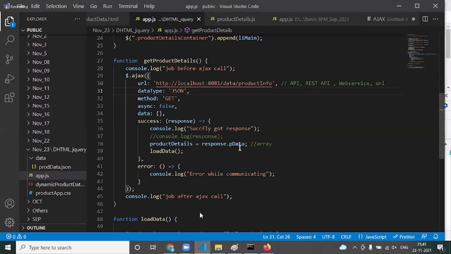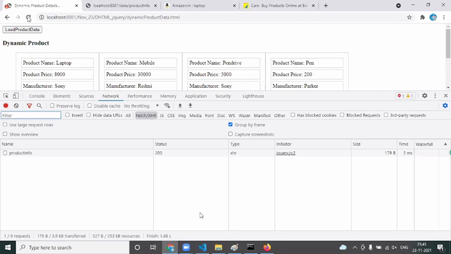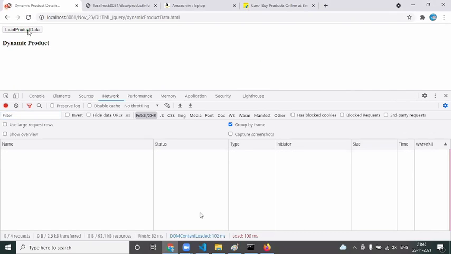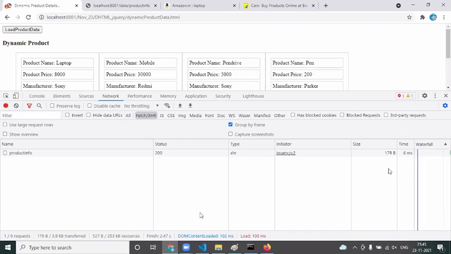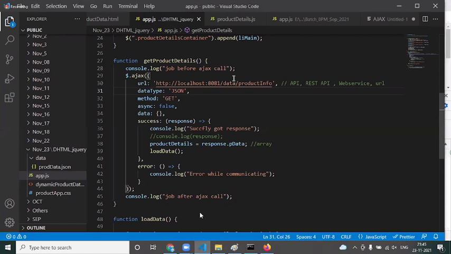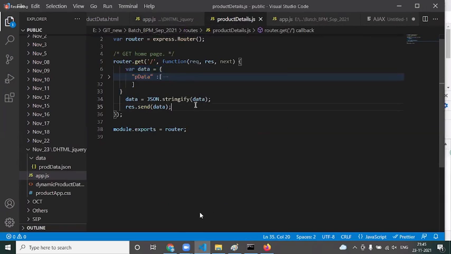First of all, right now, any number of times you hit our web service, it is simply responding in 5 or 6 milliseconds, just microseconds of time. But I want to provide a delay here. I want to make a delay here. So how do I delay here? Forcefully, I will add a setTimeout method. In general, no one will forcefully delay the response, because everyone wants to throw the response faster. But I just want to simulate what happens if it is delayed. That is the reason I'm forcefully doing it at the server side.